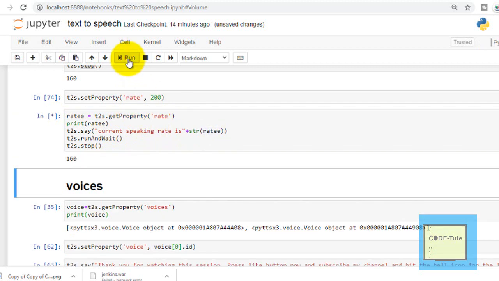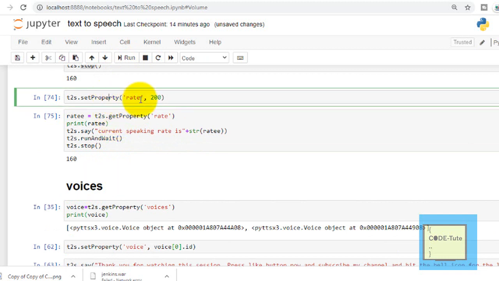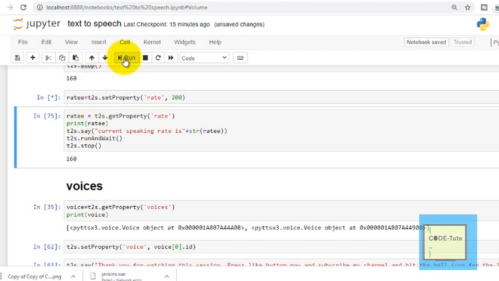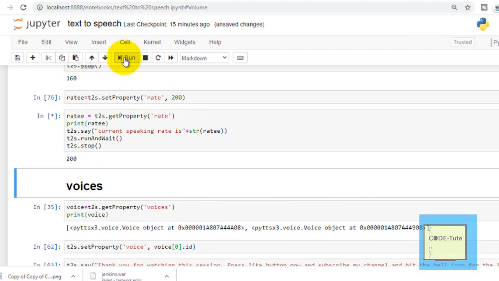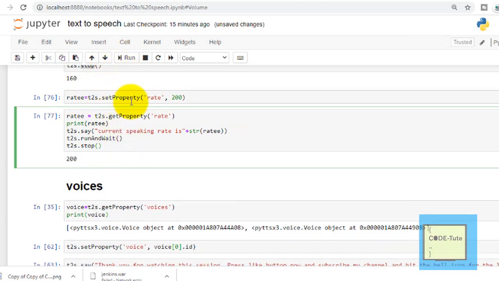So let's run this code. Current speaking rate is 160. So I have to store this in some variable. Now run this and run this. Current speaking rate is 200. So in this way you can get the current speaking rate, and you can set the current speaking rate.